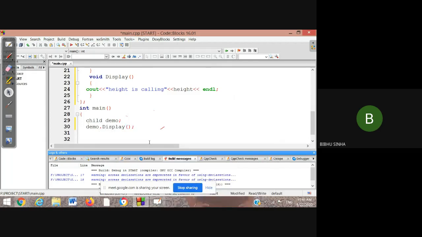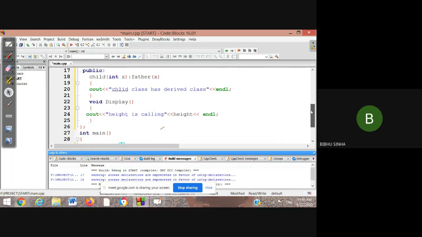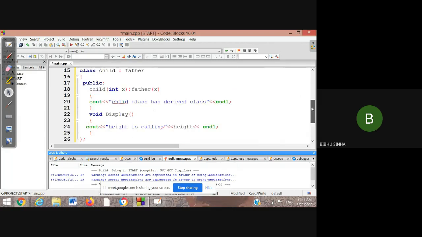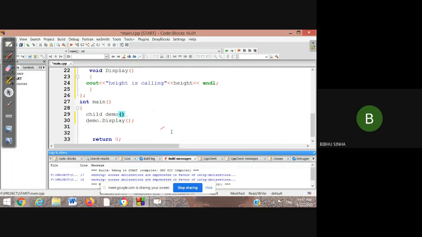But one more thing here, I didn't give any data. Because if I am creating the object, the constructor will be called automatically. So here I will pass the value in the constructor, because I have the constructor, and in that constructor we have to pass an integer value, right? So I am passing the height as 12 feet.